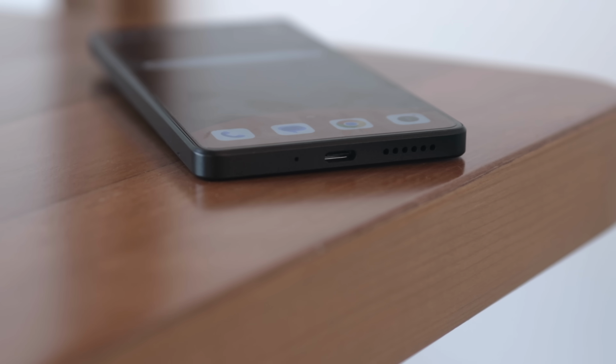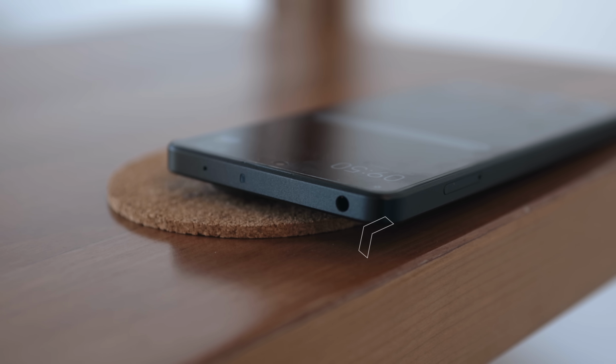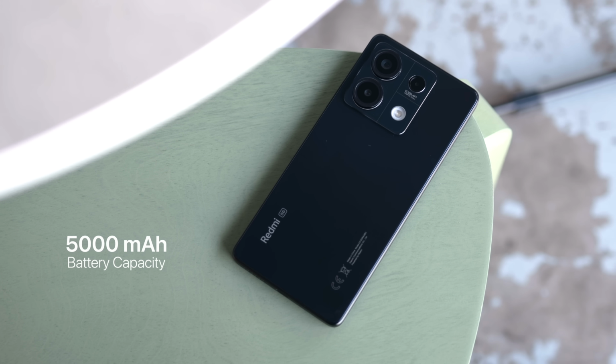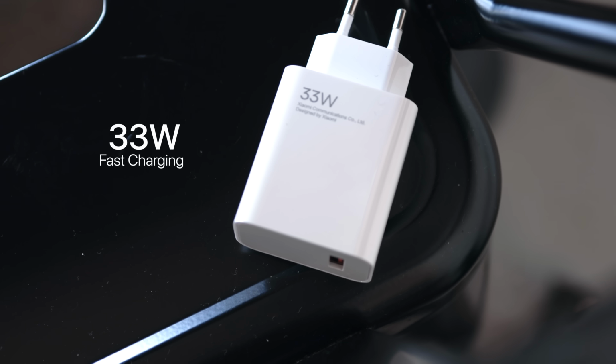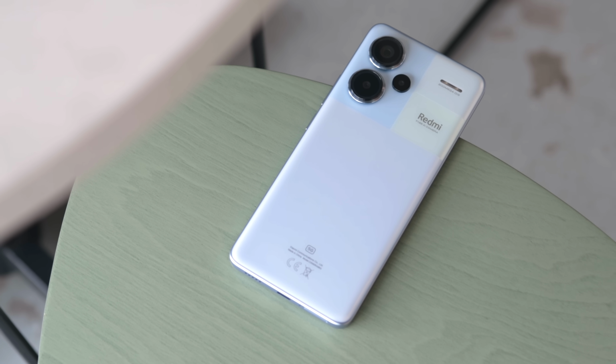Audio-wise, it does come with stereo speakers, and it also has the headphone jack still at the top, so for all you wired earphones users, you will definitely be happy. Before we go, the battery itself is a 5000 mAh unit, and it does support 33W fast charge. So that's what you can expect in terms of the Redmi Note 13 Pro Plus 5G as well as the